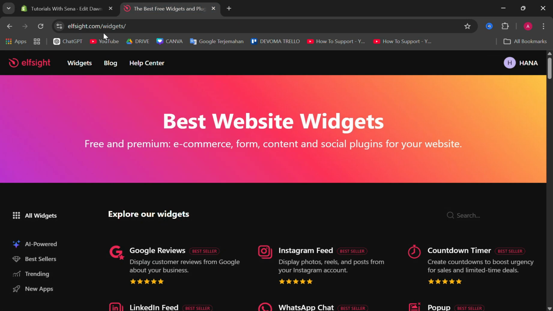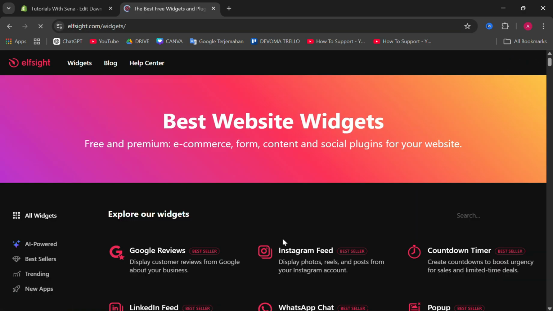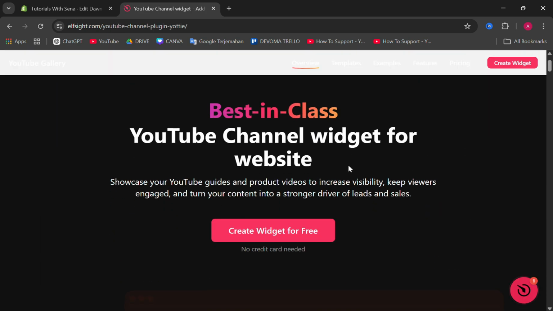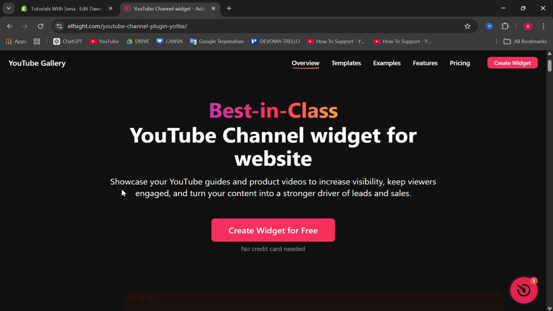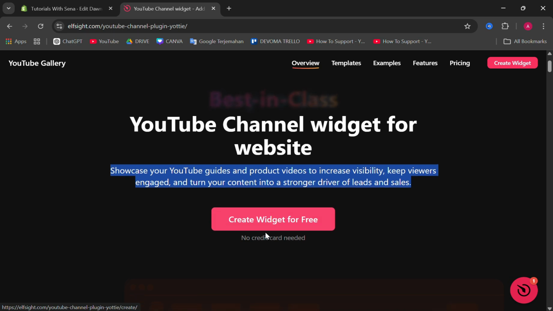Now you can go to elfsite.com. So in elfsite.com you can click explore widgets here, and then you can scroll and you will find your YouTube gallery here. You can click on it, and then as you can see, showcase your YouTube guides and product videos to increase visibility, keep viewers engaged, and turn your content into a stronger driver of leads and sales. So you can just click create widget for free,